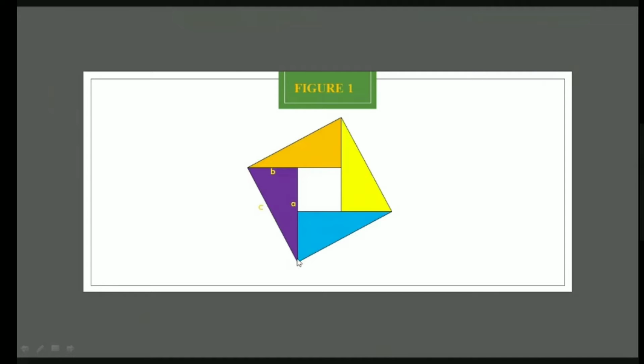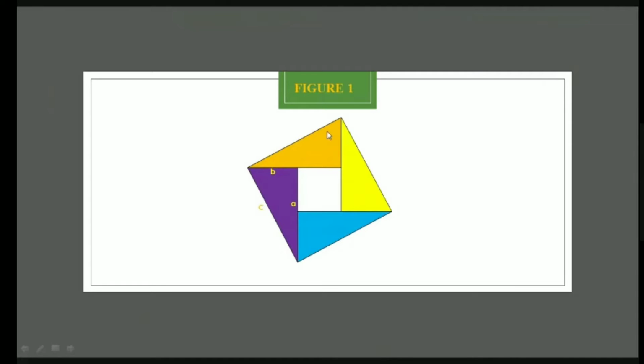Now what does it comprise of? It comprises of four congruent triangles of area how much? B into A into half. That means half into A into B is the area of one triangle. So since there are four triangles, I get the area equal to 4 into half into A into B. What about this smaller square? It is equal to, I told you, A minus B units. So the area of this square will also be equal to (A - B) whole square.